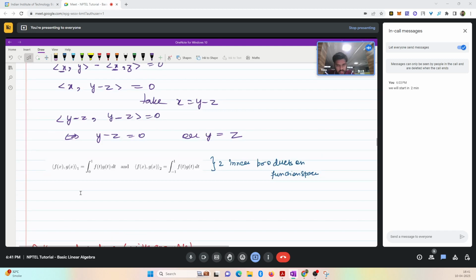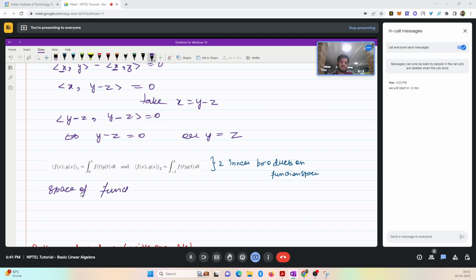I would like to mention two more inner product spaces, which I'm not going to prove whether it's inner product or not, because it would take a lot of time. We can do other interesting things with our time. So these two inner product spaces are defined over the space of